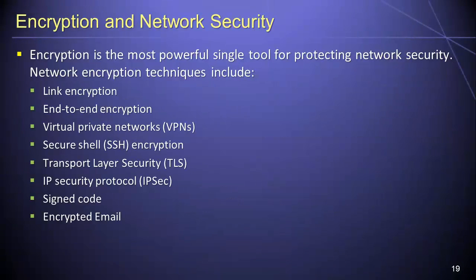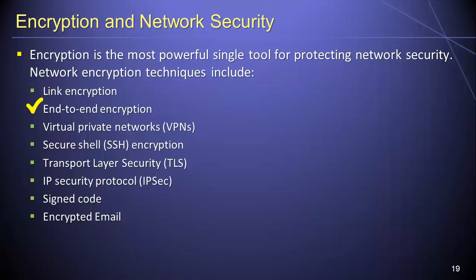Encryption is the single most powerful tool for protecting data while they are in transit over a network. Many different tools and techniques have therefore been developed which utilize encryption in the context of network communications. First among these is link encryption. In link encryption, data are encrypted just before they are transmitted over a communications link and are decrypted immediately after arrival. As opposed to link encryption, in end-to-end encryption, data are encrypted and decrypted at the highest levels of the